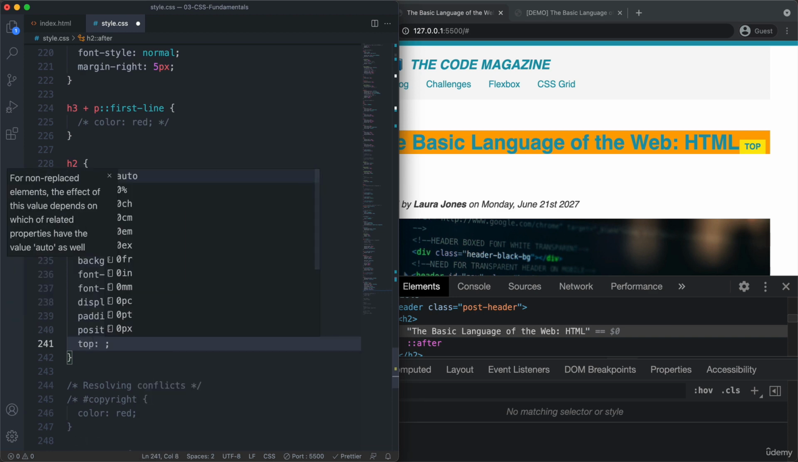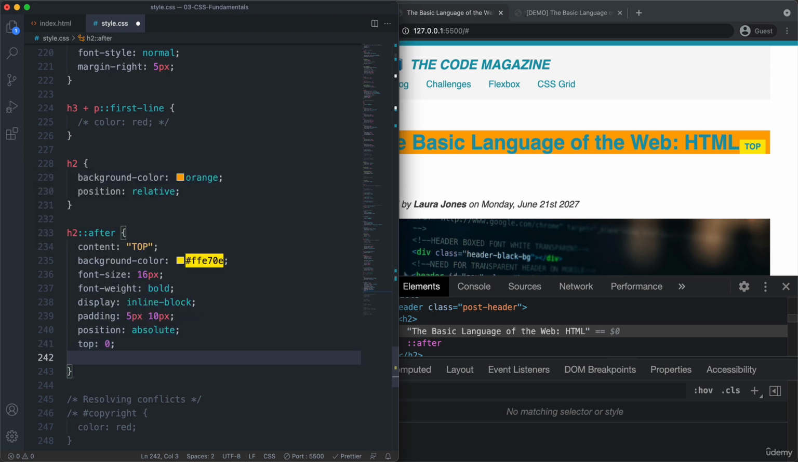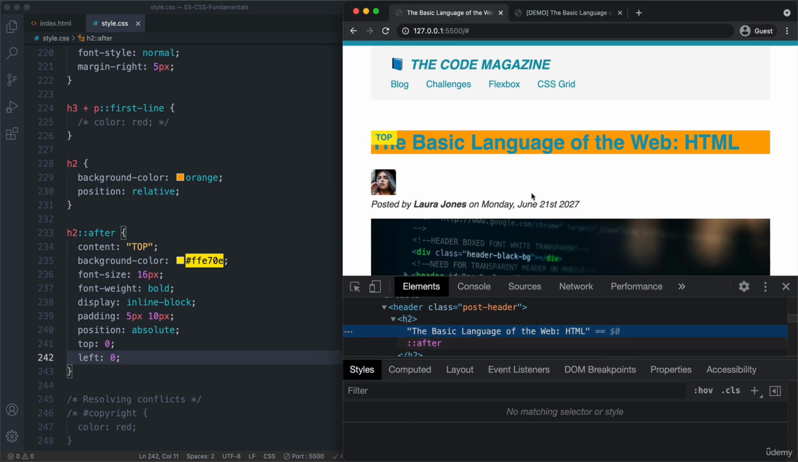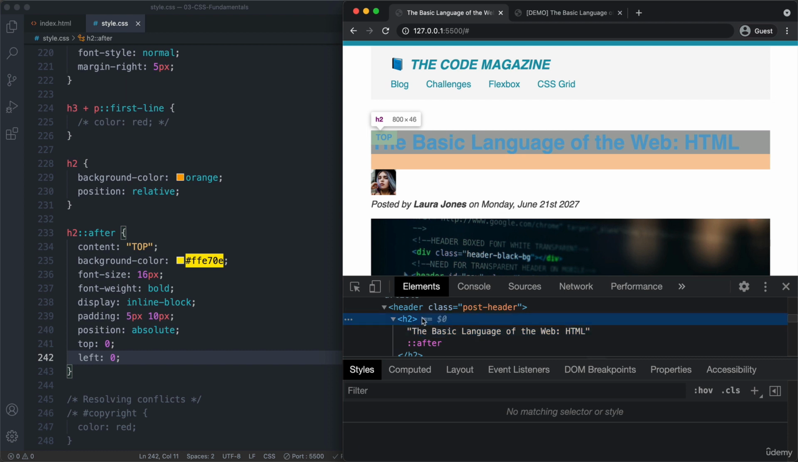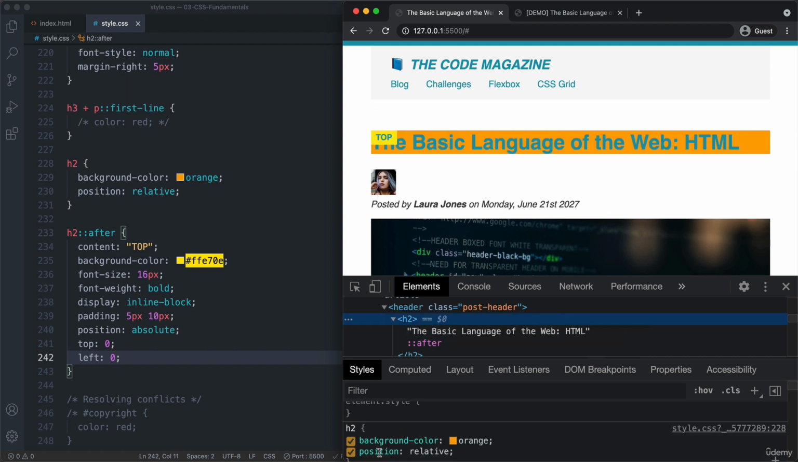And let's put it at the top. And just to test it for now, let's put it on the left. So this will be the top left corner. And indeed, that worked beautifully. It's right here. Just notice what happened if we turned off the position relative here in the H2. Then this would immediately move up here to the very top of the page. Right? And so that's why we can never forget position relative on the parent element inside of which we want